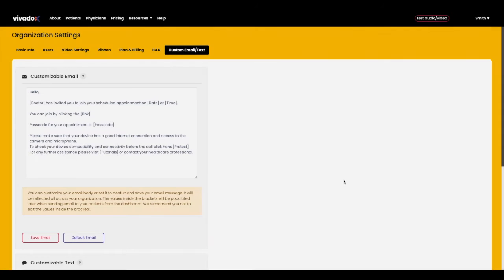The Custom Email or Text tab is only available on Plus or Pro plan. You can customize the email message and text message here and save it. The templates you save here will be used when you wish to send or schedule emails or texts for your patients. The values inside of the brackets on your message body will be populated later when sending email or text